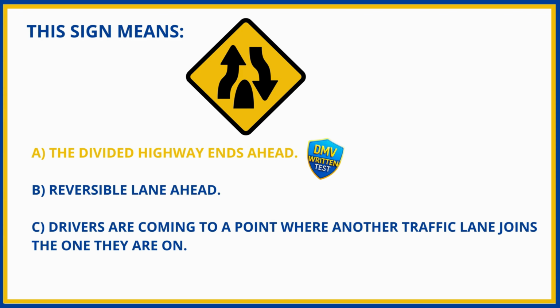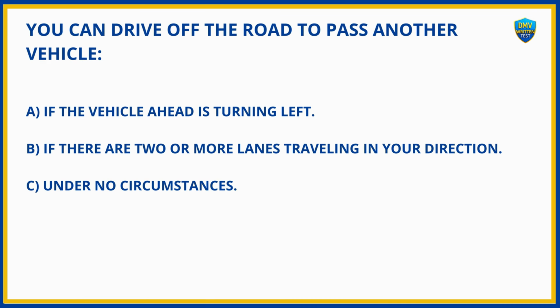A. The divided highway ends ahead. You can drive off the road to pass another vehicle. A. If the vehicle ahead is turning left. B. If there are 2 or more lanes traveling in your direction. C. Under no circumstances. And the answer is